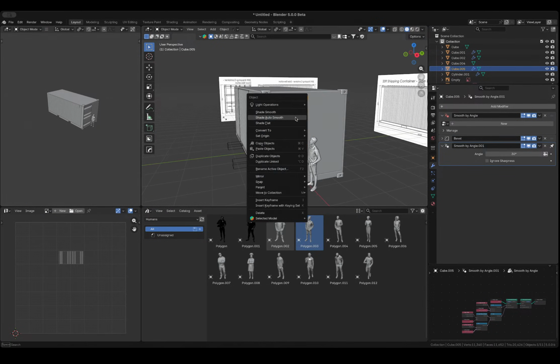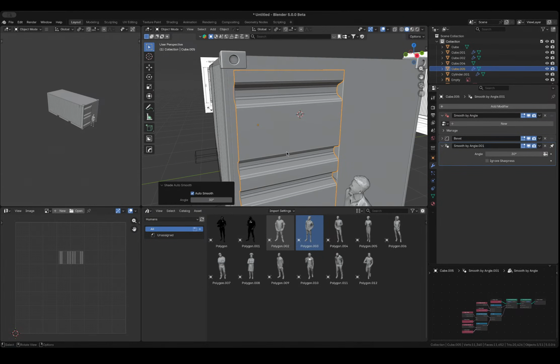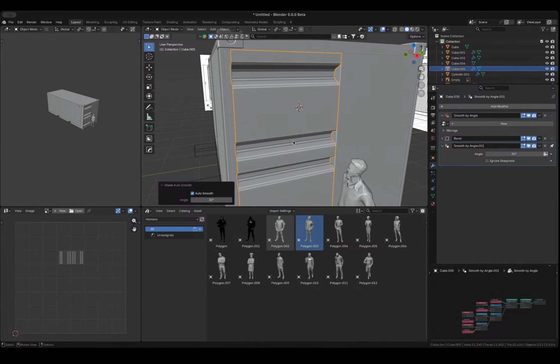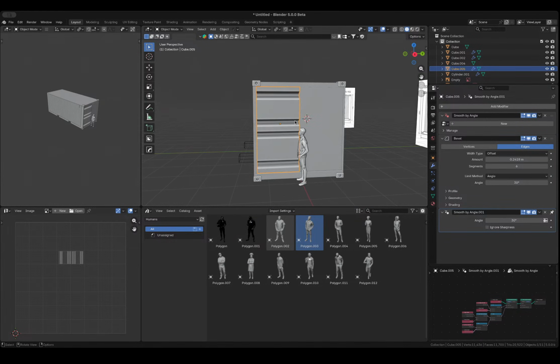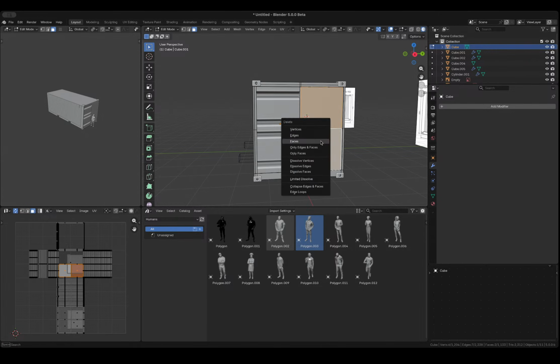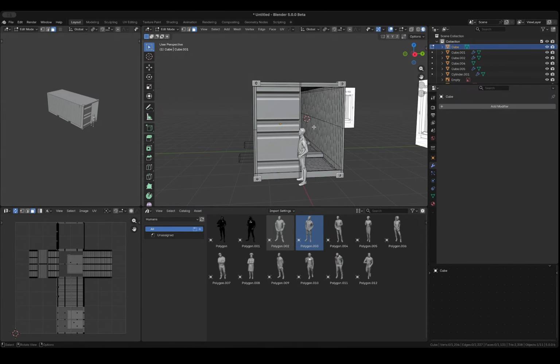Let's see what that looks like. Okay. This is cool. I'm going to delete these faces,